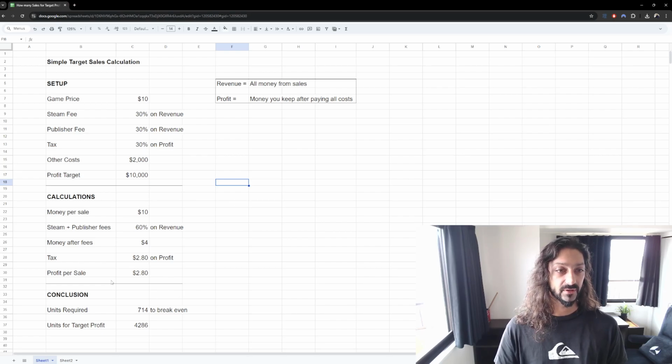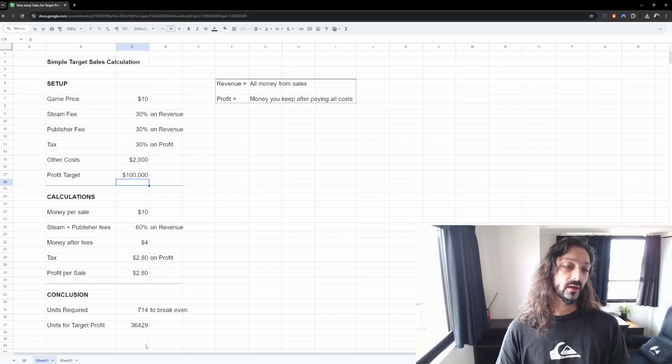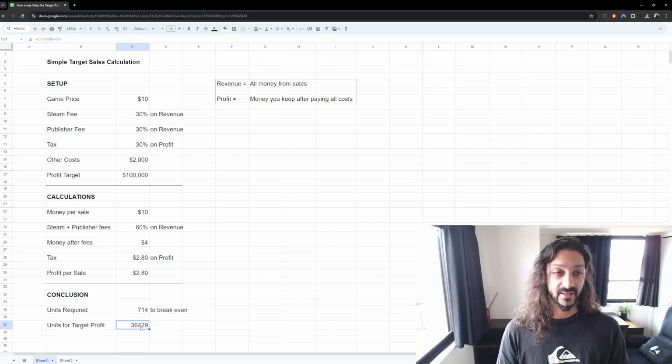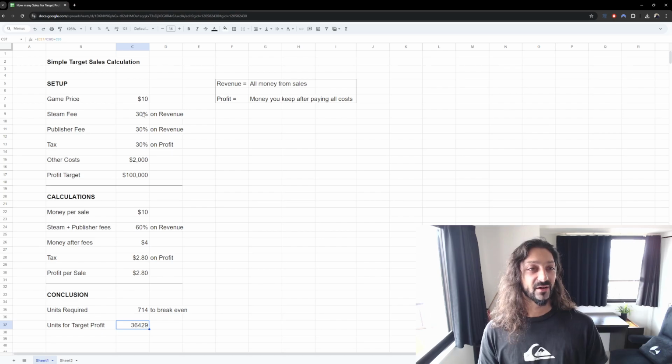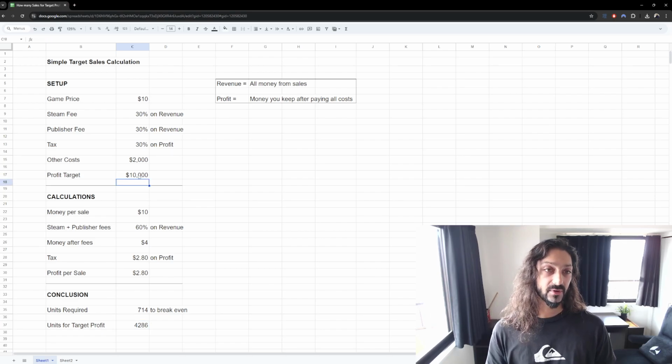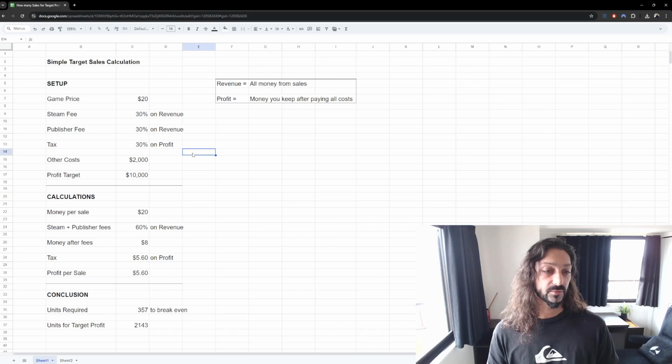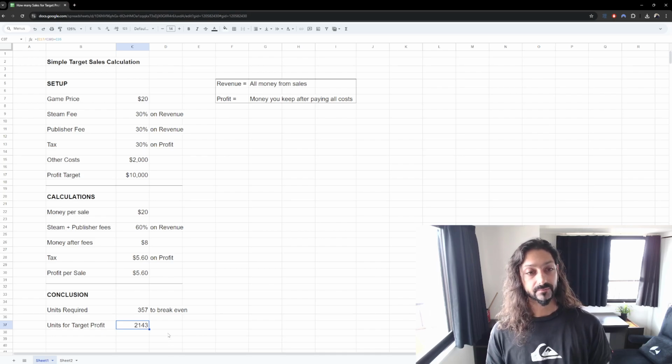Of course, the benefit of taking the time to put it all in Google Sheets or in Excel if you want, is that now we can play with this value and say, well, I would like to make $100,000. Then the numbers automatically adjust, and you see you would need 36,000 units sold to get to that number. Or maybe you want to sell your game not for $10, but maybe for $20. Then this would bring the number of sales you need to make to half, roughly. So you can play around with these numbers, you can change them as you want, and